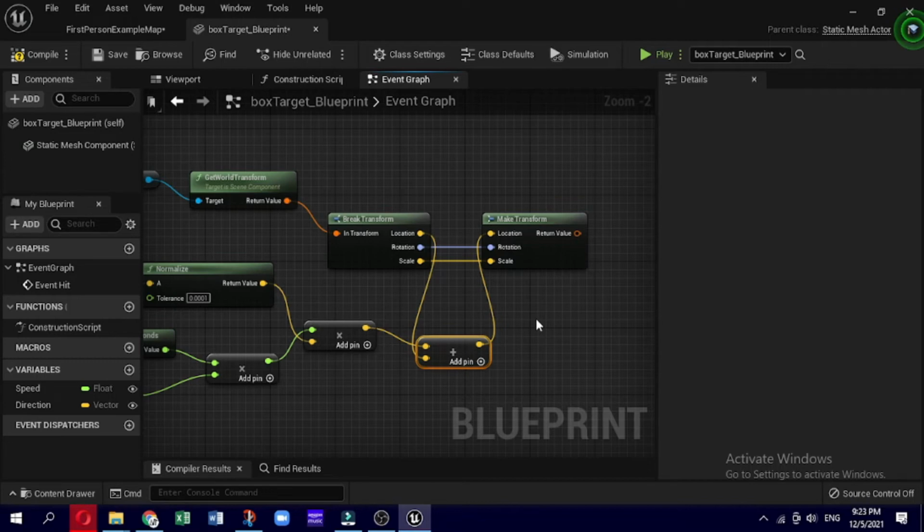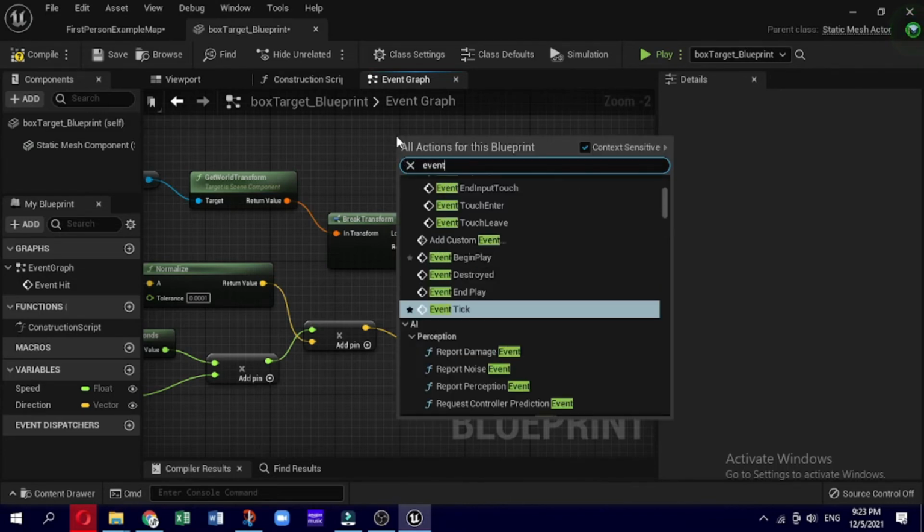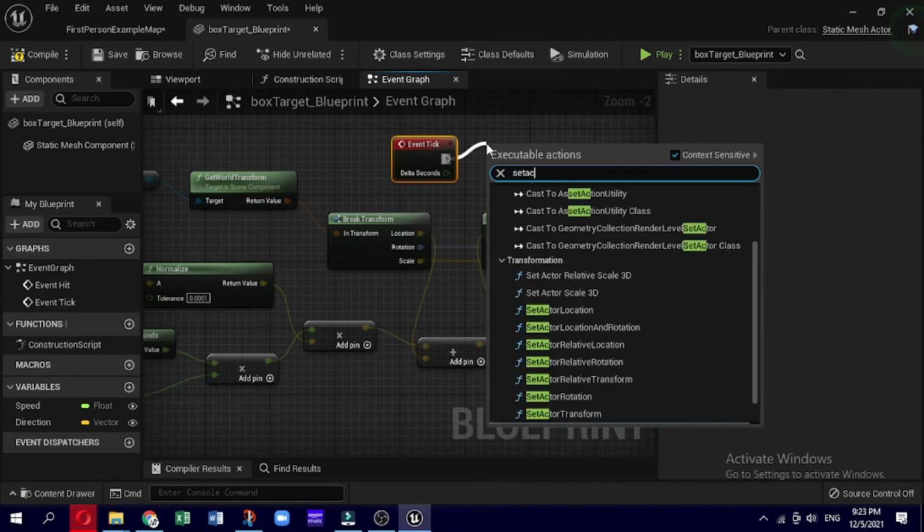Now that we have the transform calculated, we can adjust the location of our target actor by this value. We used delta time to make our speed and direction changes consistent across frames, and as a consequence, we can simply use the event tick node to fire our move action every frame. Right-click on empty grid space, search for event tick, and place the node somewhere to the right of your make transform node. To move the actor, we will be using the set actor transform node.